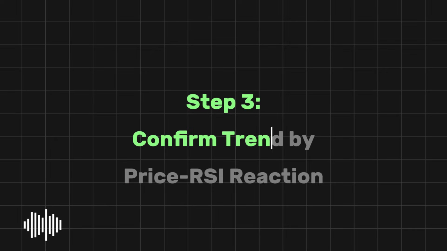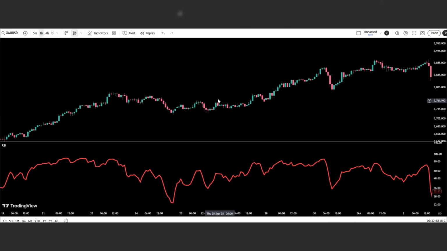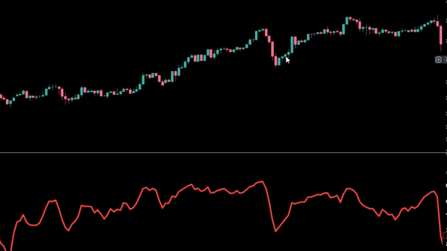Step 3. Confirm trend by price RSI reaction. Step 3 is about watching how the price reacts together with RSI after the pullback. After the pullback ends, look at the candlesticks and RSI at the same time. In an uptrend, check if the price starts making strong bullish candles while RSI moves up smoothly. If the price rises quickly and RSI reacts without hesitation, it confirms that buyers are still in control and the